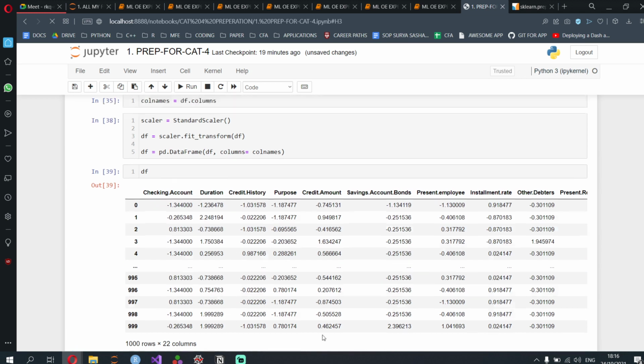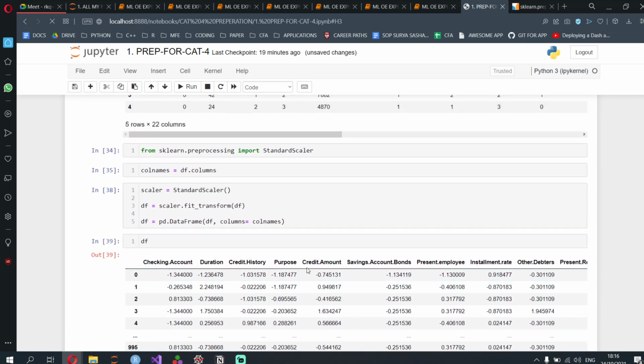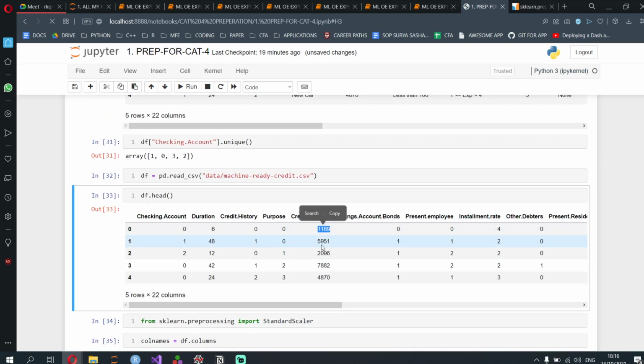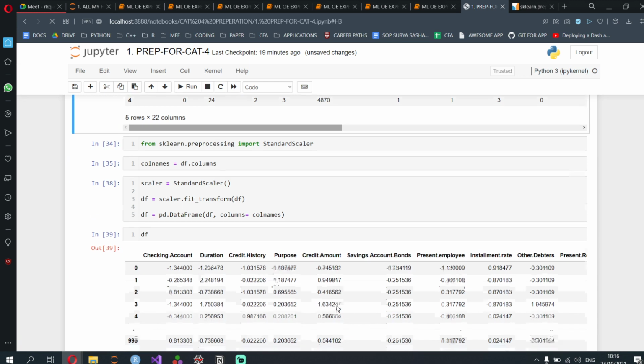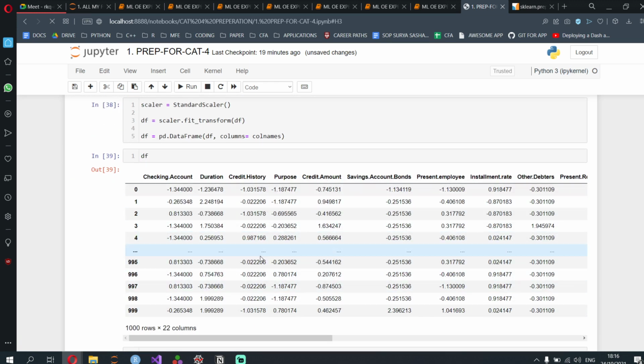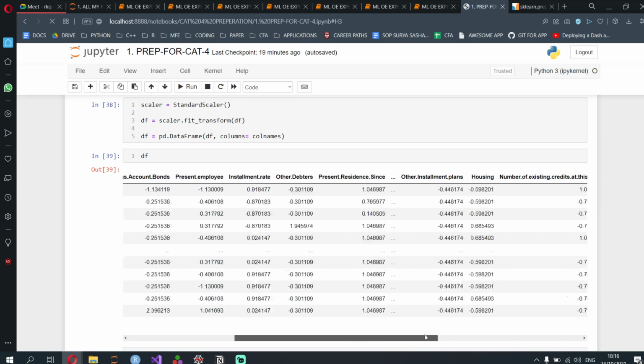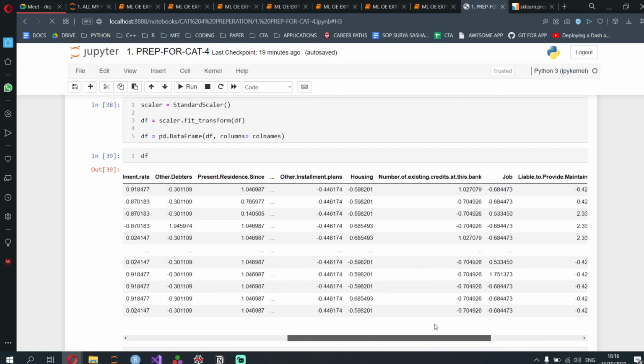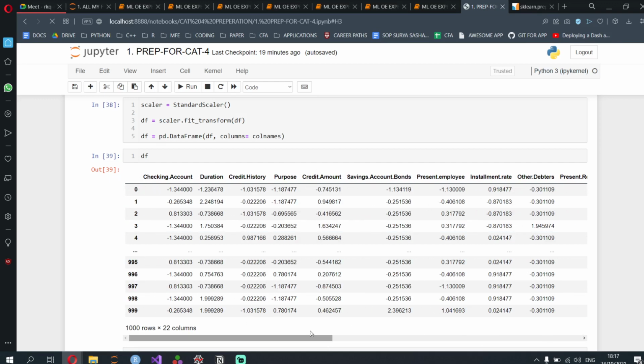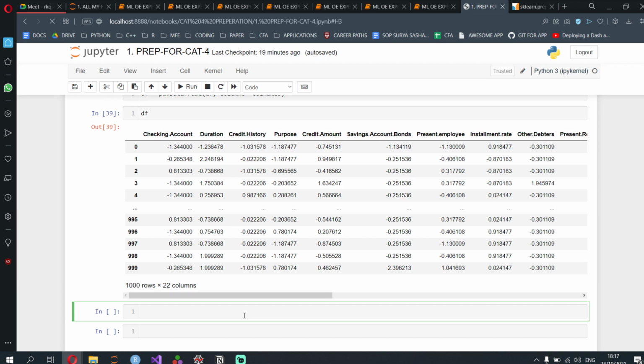So the reason why we do standard scaling is because there's something like credit amount. It's in the range of 1,169, 5,099, like that. So it's between 1,000 and let's say 15,000. But all of the savings account bonds are 0 or 1. When you use StandardScaler it puts it between -1 and +1, I think. It should be, or -10 and +10, something like that. It scales it so that they're all within the same range. The reason you do this is because the machine learning algorithm can find intricate details much more easily, and it doesn't need to go through a lot of work with respect to finding different weights.